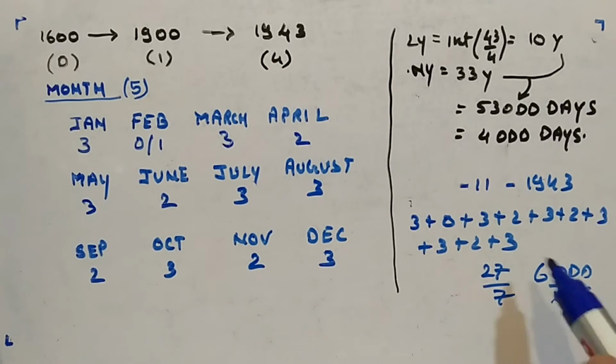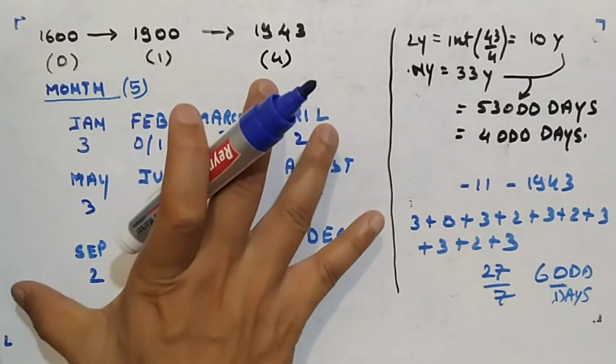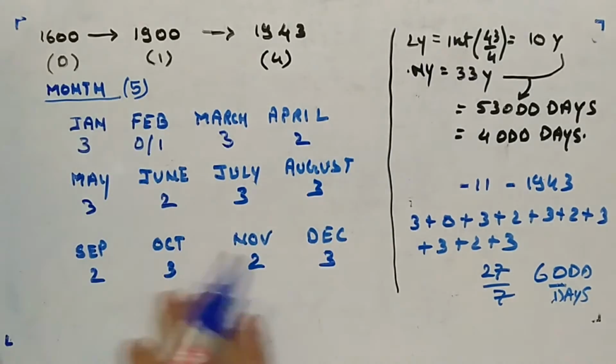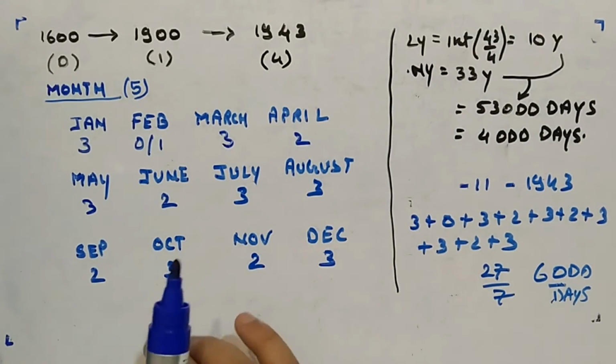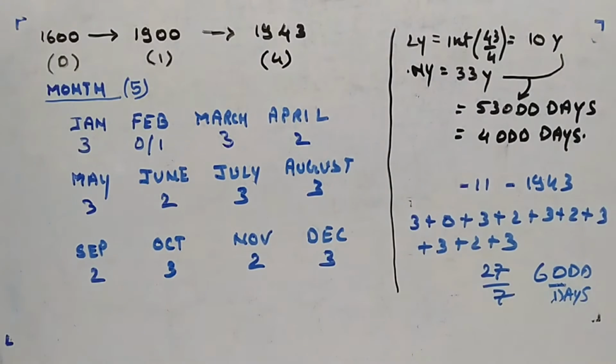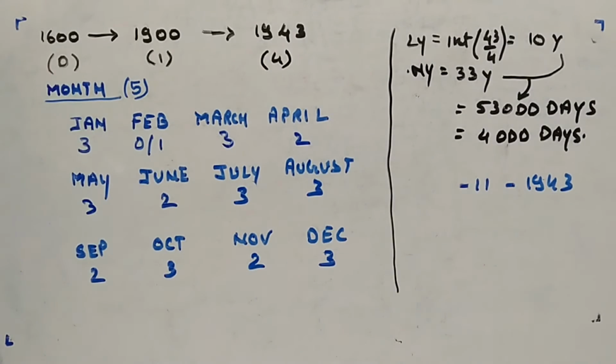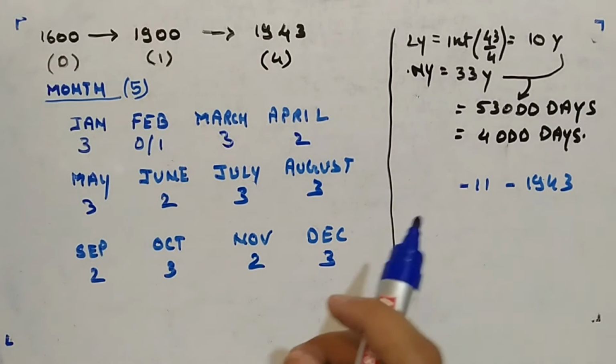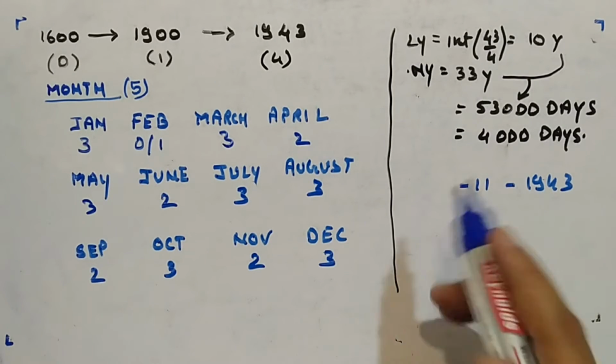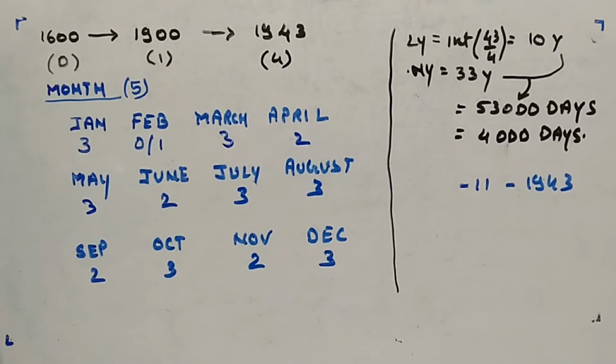Okay, for this example. So you can see that this table is very important. You have to write it down or keep it in your head, so that for reference you have it somewhere and can calculate it by hand. Okay, so this was the way you have to calculate the number of odd days in a month. And now let's look at the day part, and along with that I will also show you an example so that you get a clear picture of how to calculate the day of a date.